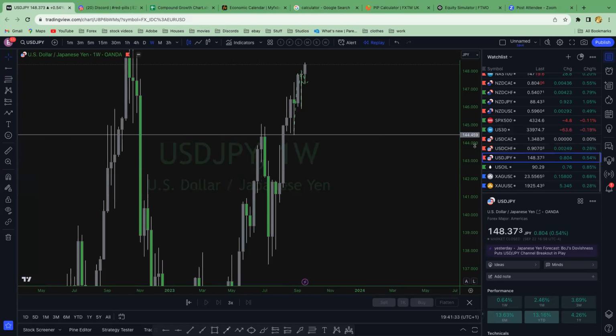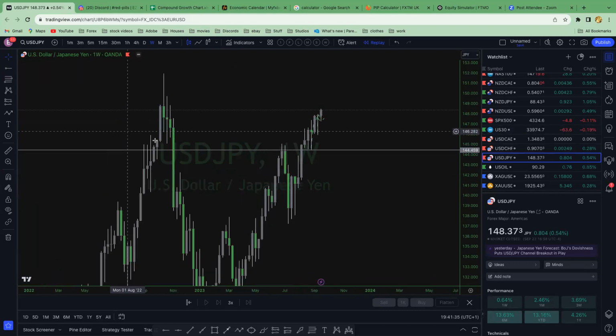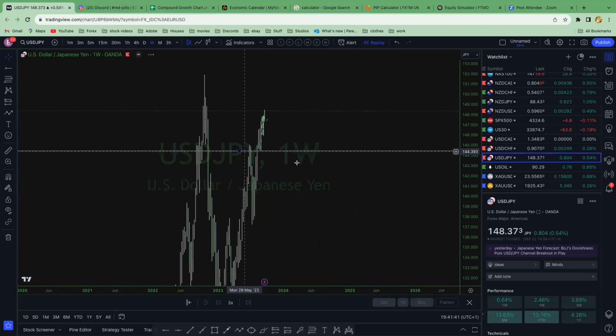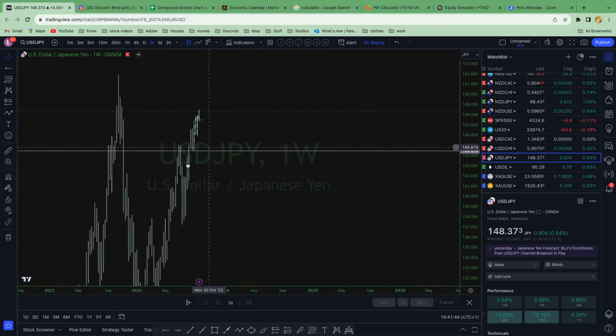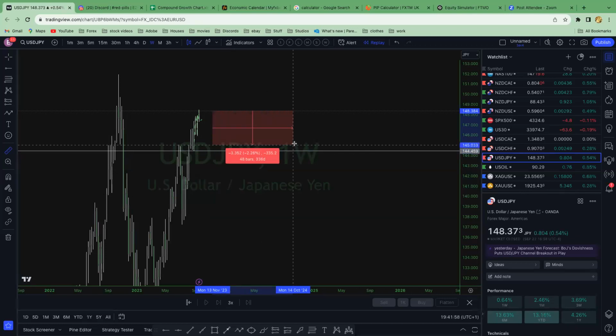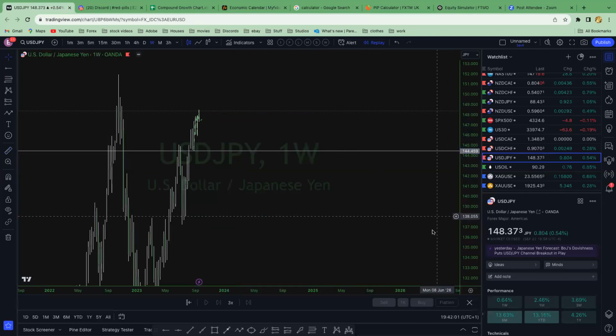Other than that, I wouldn't, because it looks like this wants to go to the all-time high. So it's an all-time high here. It's madness. Absolute madness. So I wouldn't bother to sell it. You're waiting for a daily break of structure minimum, but I'm saying it's better to wait for the weekly break of structure. I get it. It's a whole lot of pips. It's a whole lot of waiting, but hey, it's up to you. It's your money. You want to try and catch that trade? It's up to you. But me, I'd wait for it to break this level, and then I'd catch the retest and sell back down.